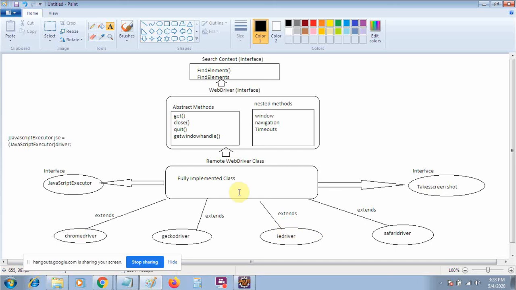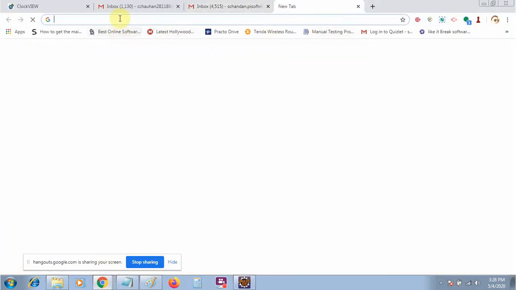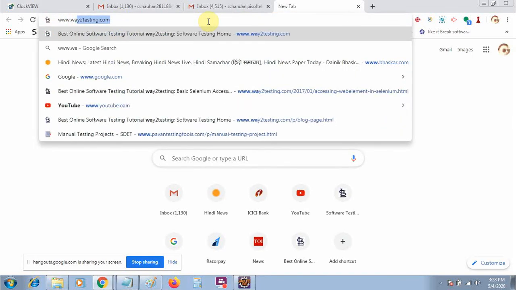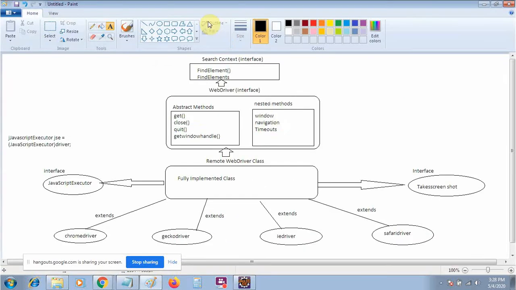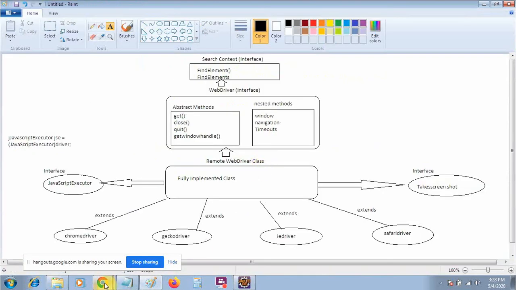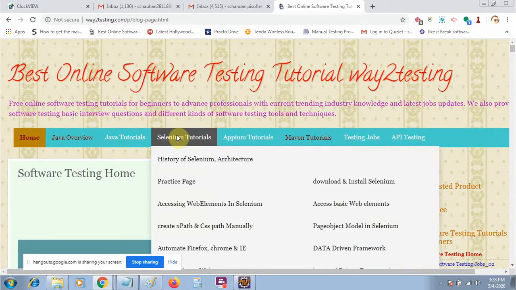So let's move on to the downloading and installation part. First of all, I will open my website. A complete link to download and install is given. In my previous Java tutorial, I have also informed how to download Java and how to configure Selenium and Eclipse.